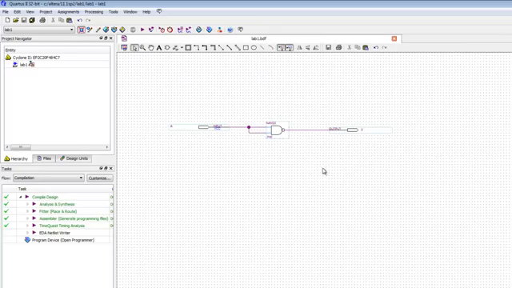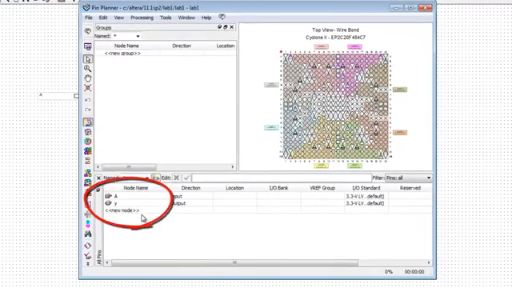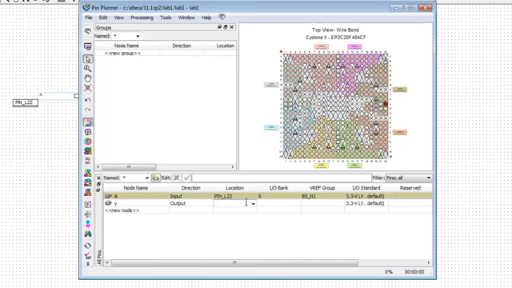Now, the reason I wanted to do the compile is now when I bring up the pin planner, the nodes will already be in the pin planner, and it becomes a little easier. Now, how you assign the pin is through the location. What you can do is you can just start typing the last part of the pin name, so just the letter and the number. So for example, for the input, I'm just going to start typing L22, and it will fill in the rest automatically. So I just hit return, and you'll notice over here on the left that it added the pin right